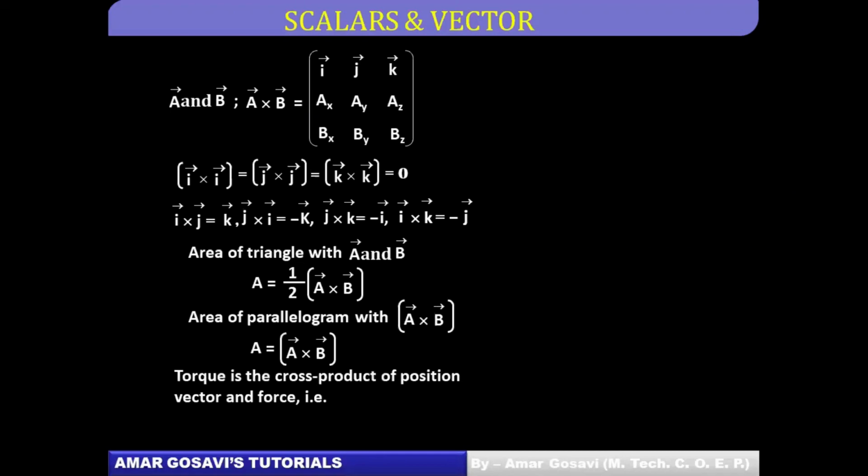Torque is an angular force, or rotational force. How do you estimate torque? With the help of the cross product of force and position vector. Torque is denoted by the Greek notation tau, and it is the cross product of the position vector and the linear force. So whenever R bar and F bar are given to you, you take the cross product of it and you can estimate the torque. Please make a note of this before we move ahead.